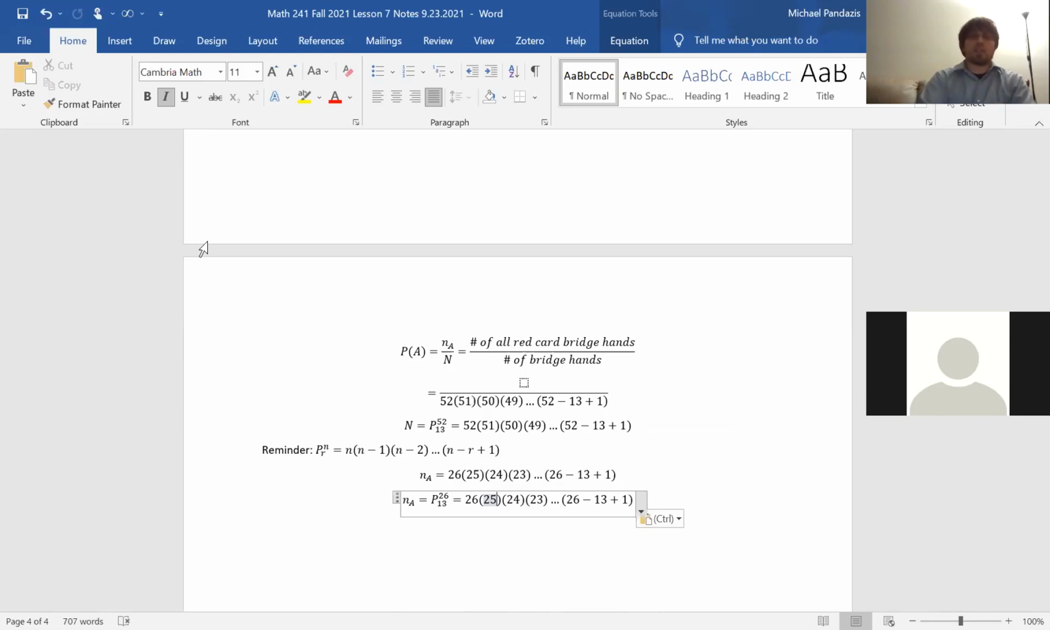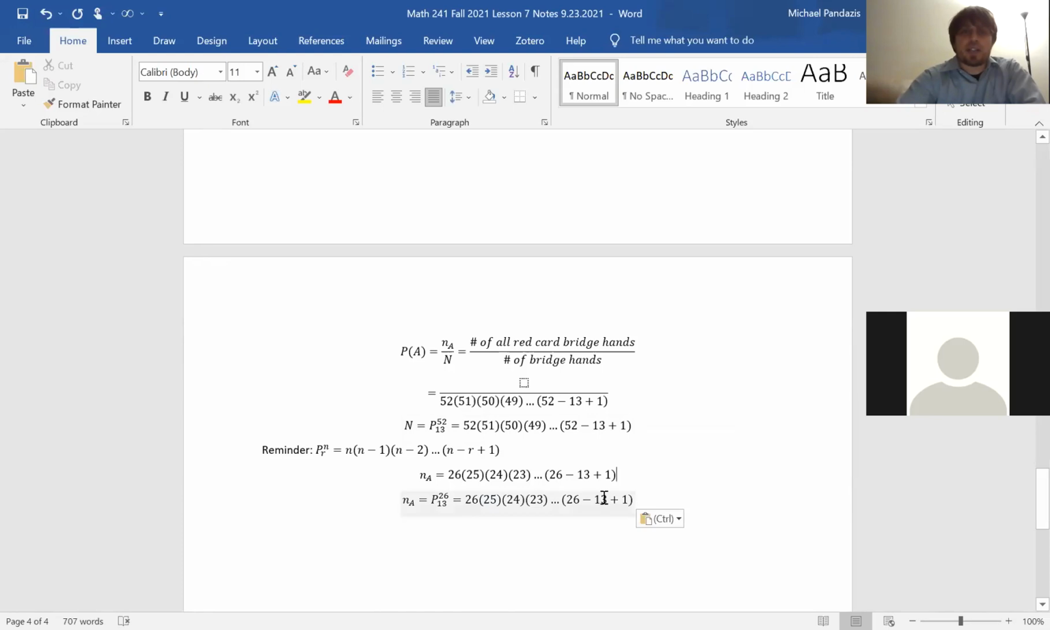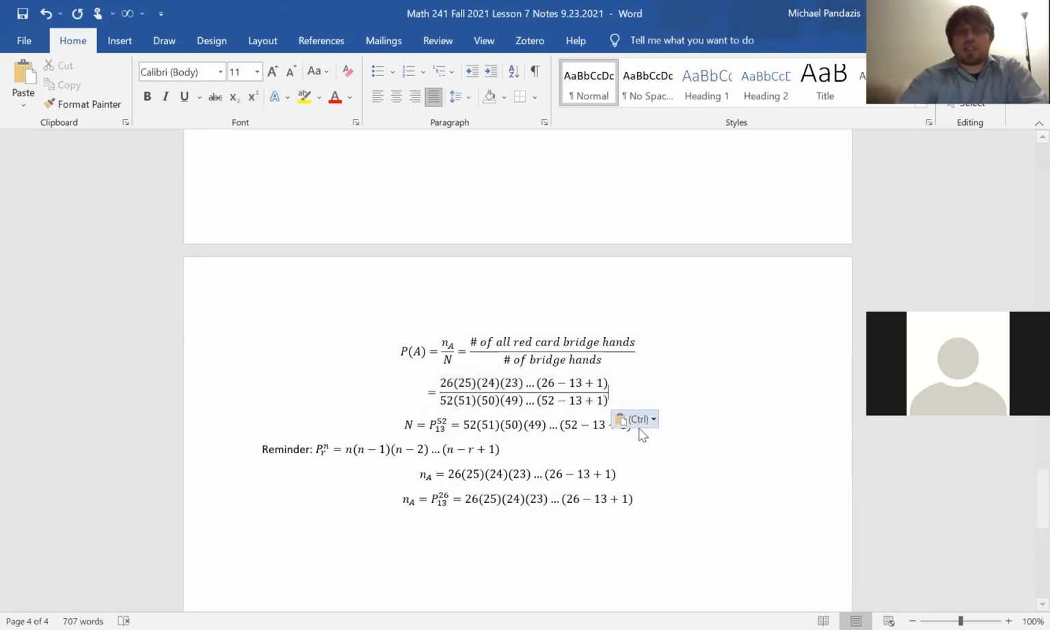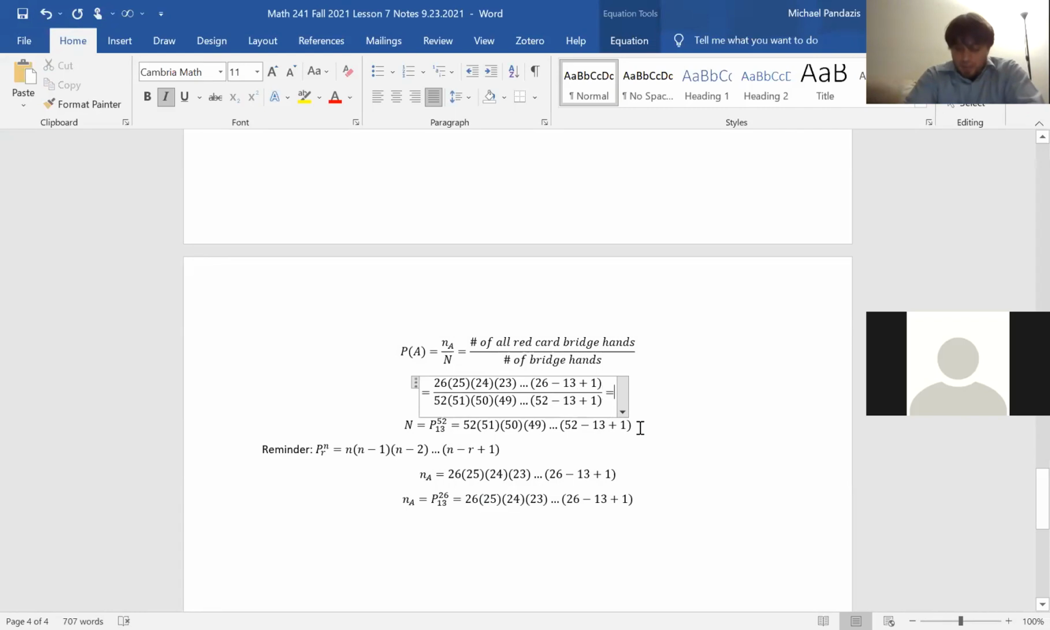For the next choice, 26 times 25, 24, you choose 13 cards in total. And so the last one has to be the initial amount, which is 26, minus 13, which is the number you choose, plus 1. Okay, and so this quantity is the number of all red bridge hands where order matters. Okay, so now that's the numerator. And so when you calculate that value,